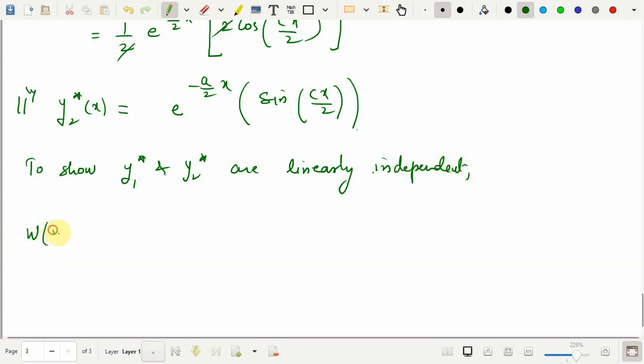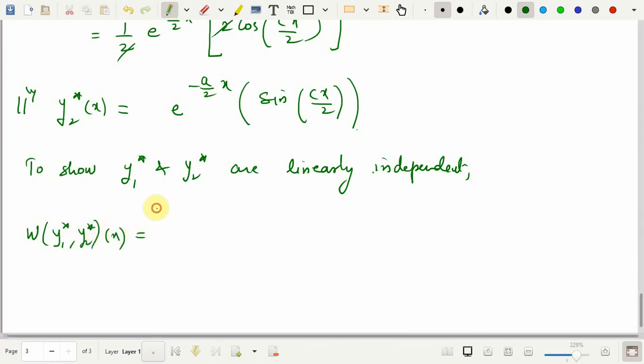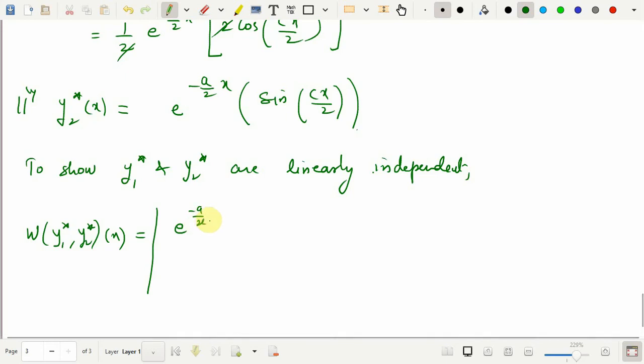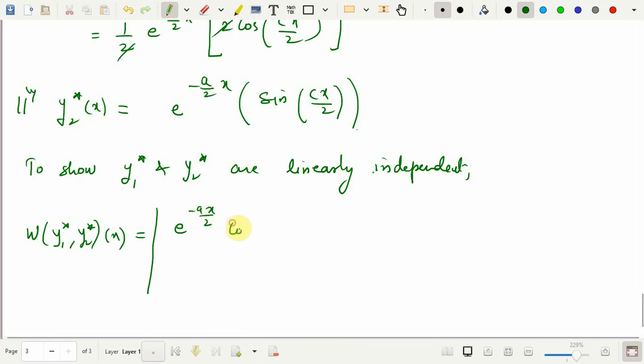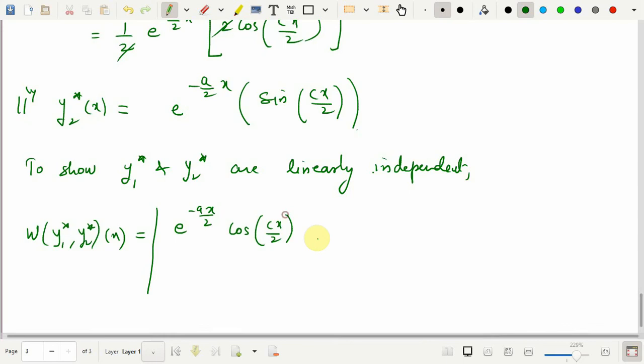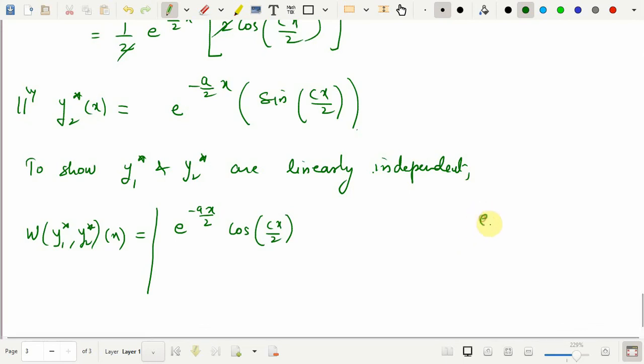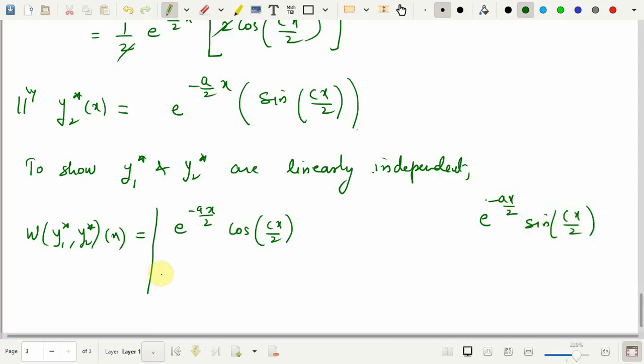We compute the Wronskian of this y1 star, y2 star at x. This is a little bigger determinant, as y1 and y2 have a bit complicated terms, a product of two terms, e raised to minus ax by 2 and cos of cx by 2, and here I'll write down the second one, y2, e raised to minus ax by 2 sine of cx by 2, and so its derivative, you can verify this, is the same as